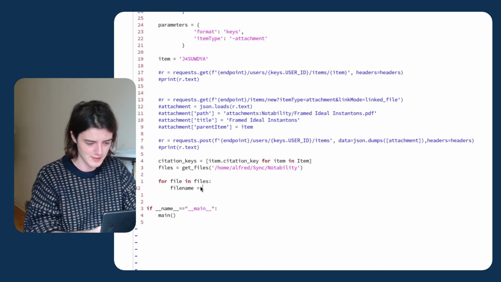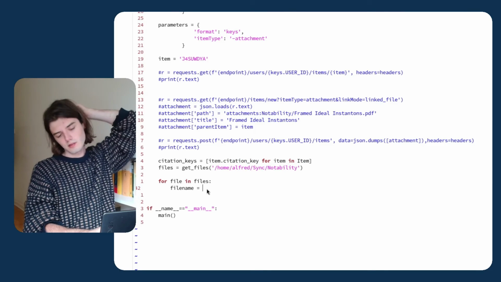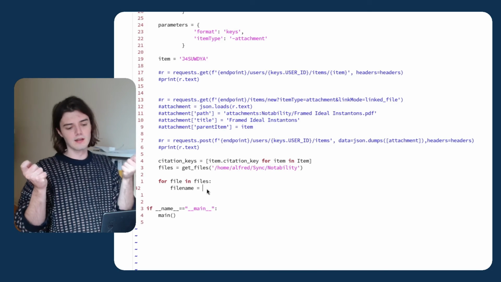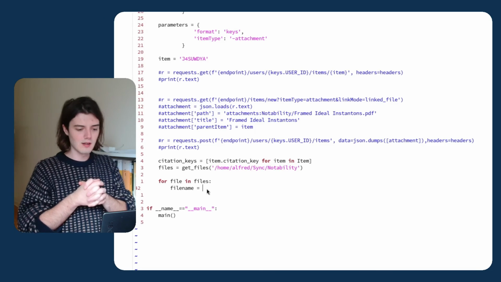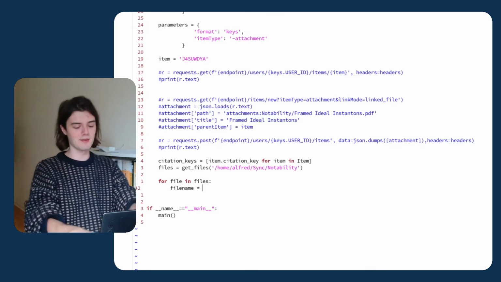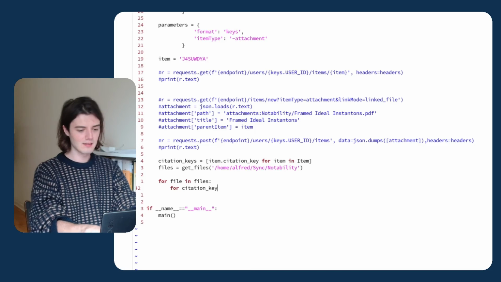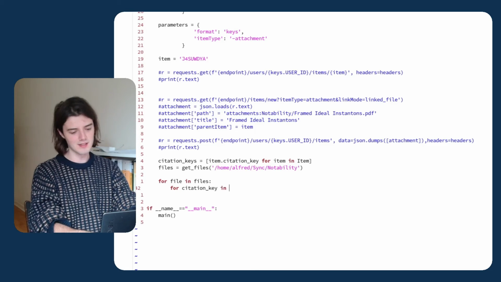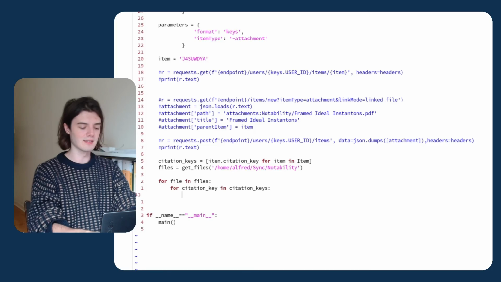Okay, so I've added all my attachments to the database now. So what I want to do here is if the file name contains a citation key, that's what I want to check. So I guess what I can do is I can just go through, I don't know if there's a better way of doing this, but in citation keys, and I can just test whether, so if,